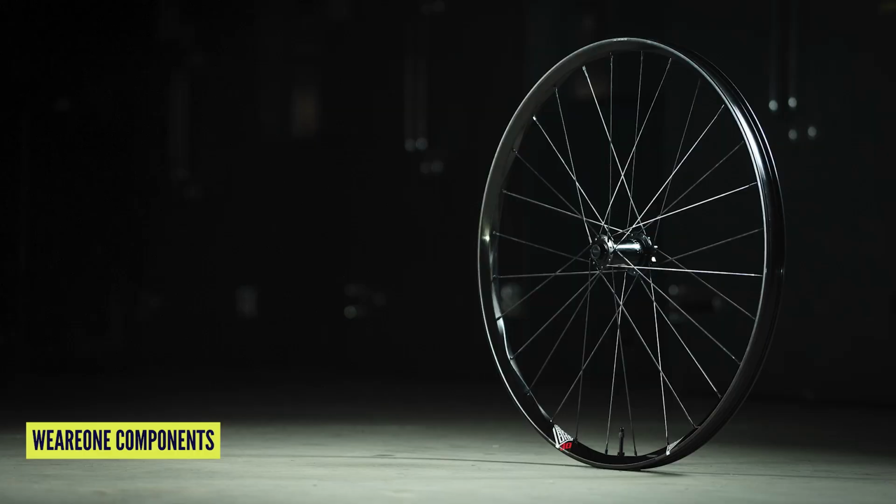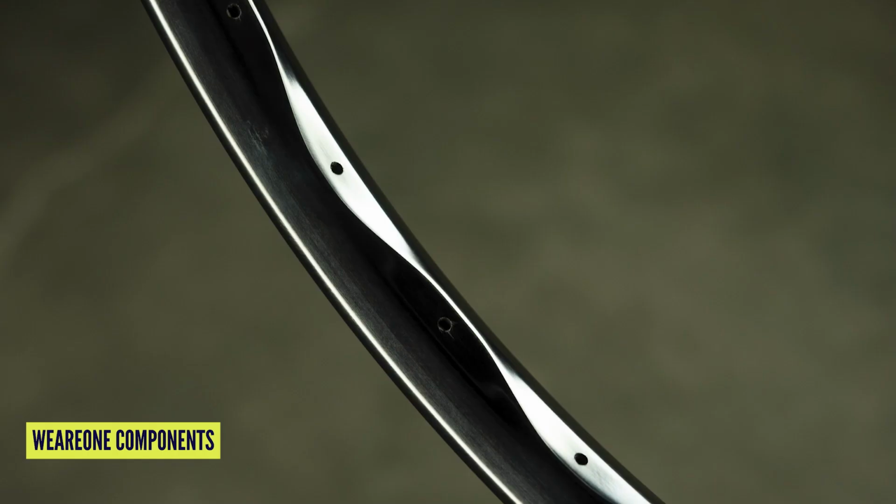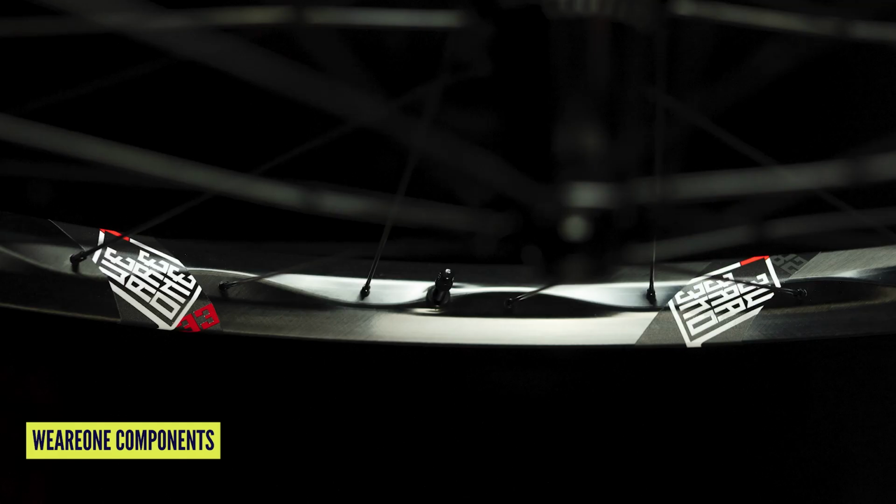Yeah, nice. Also, We Are One have just released the Convergence series rims, and you'll notice the profile looks quite unusual. They've updated their previous Union 29 rim and replaced them with these models. And basically, they've tried to make it 32% stronger, is their claim. And the way they've done this,